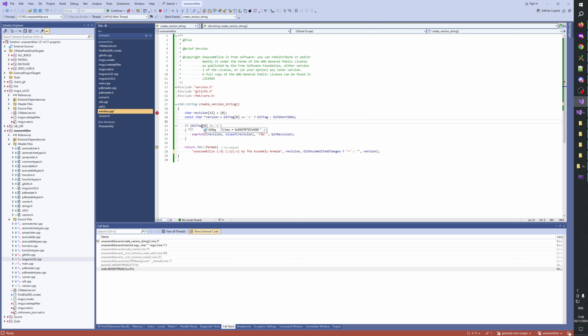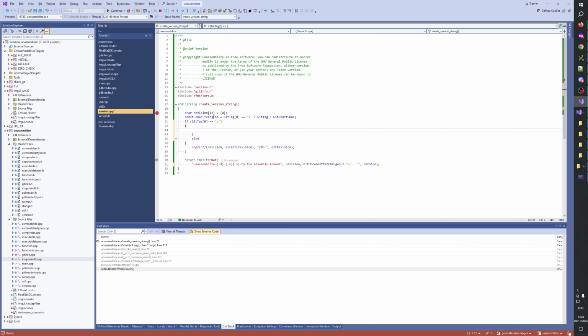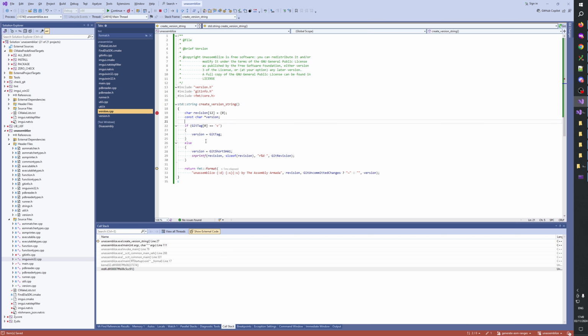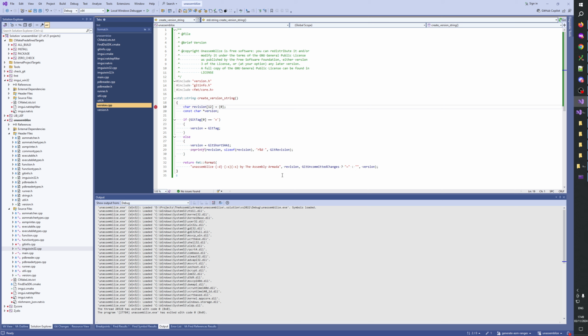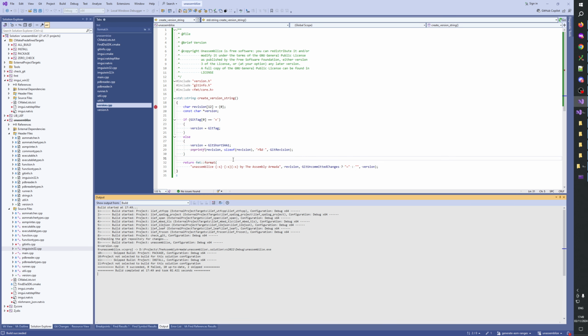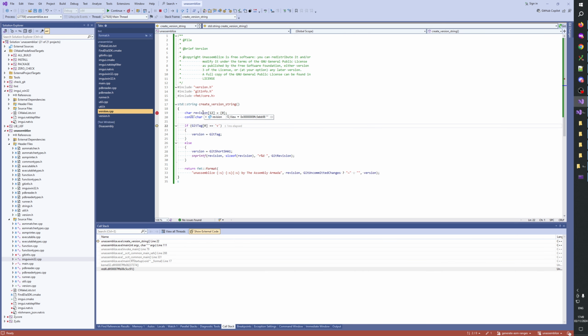Here, version, if that, else that, and version equals git tag, version equals that. Okay, and then we remove this. Let's see. Oh, we have an error. Yes. There we go. Good. So revision, version, revision,